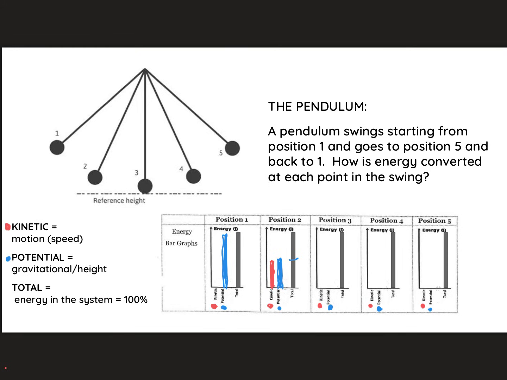Now, if you look here at position number 3, we are at the lowest point of gravitational potential energy, which means now we're out of gravitational potential energy, and all we have is kinetic energy. So we have 100% kinetic energy. And as the momentum of the swing starts to pull back in the back part of the swing, now if we look at position number 4, we're halfway between the ground and the highest point. So now we have half gravitational potential energy